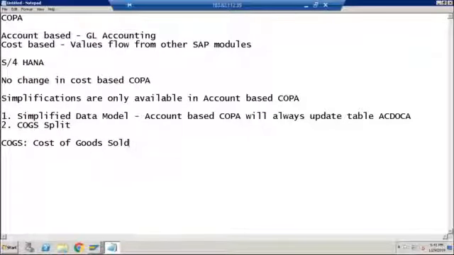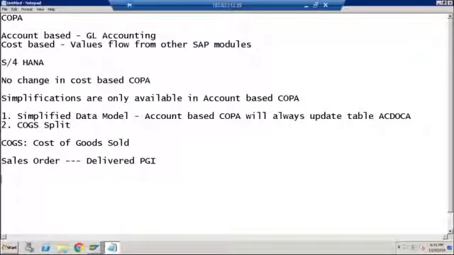Normally, the COGS account will come into the picture at the time of PGI, which means whenever you create a sales order, once the sales order is created, it will be delivered, material will be delivered to the customer. And normally at the time of delivery, we have this PGI, which is nothing but post goods issue. So when you do the PGI, there is an accounting entry.